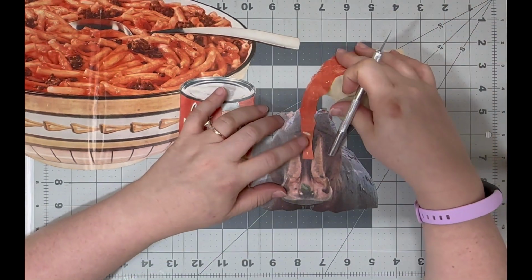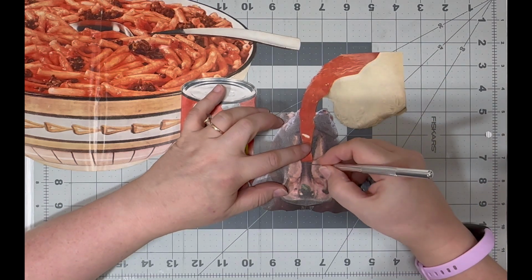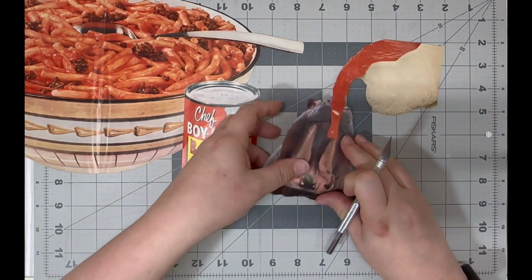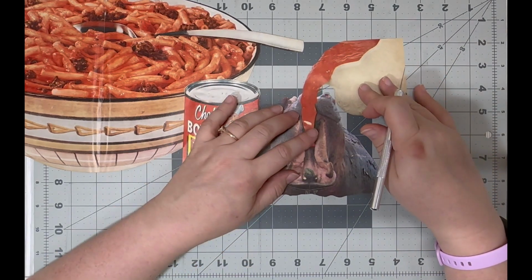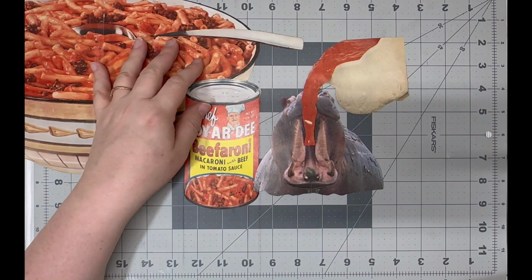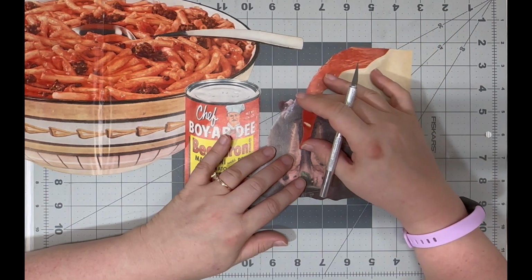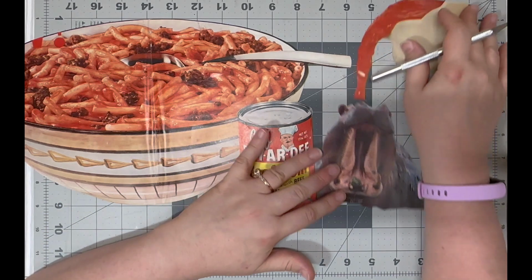Okay, so we want this to come about right there. So I'm going to put a slit in the mouth. Okay. Let's see. I feel like instead of a straight slit, it needs to be curved, but I still don't know if I like this because it covers the hippo so much. Well, let me see about